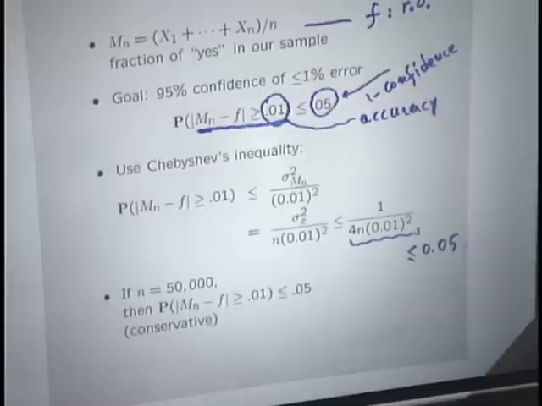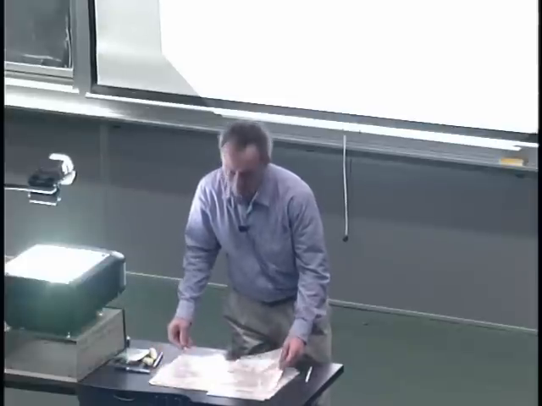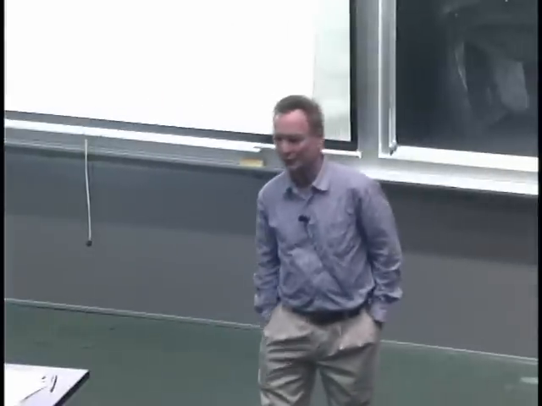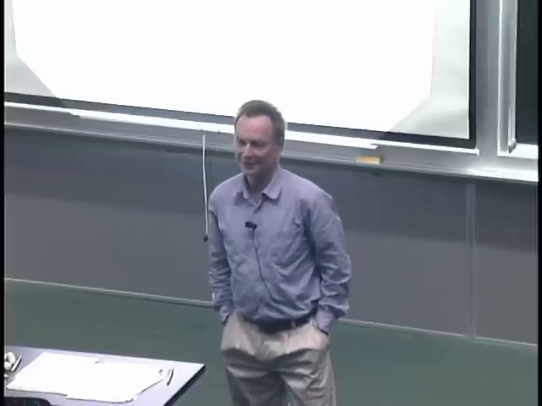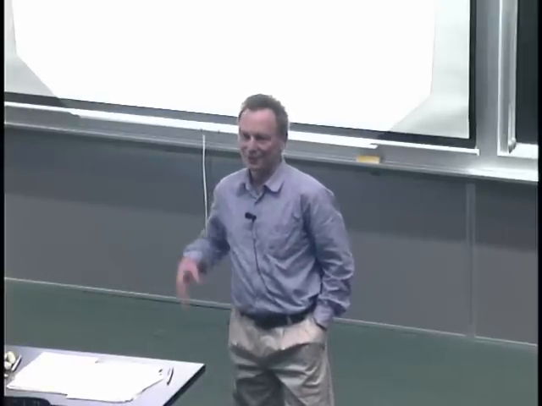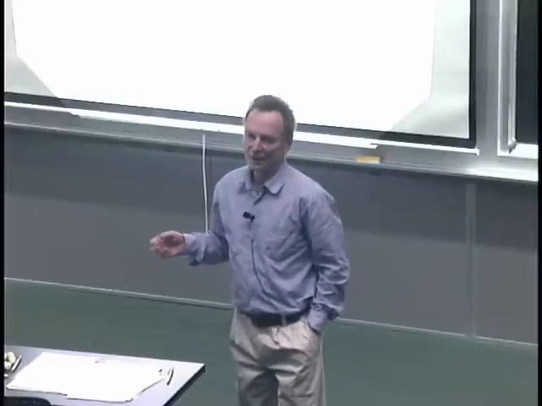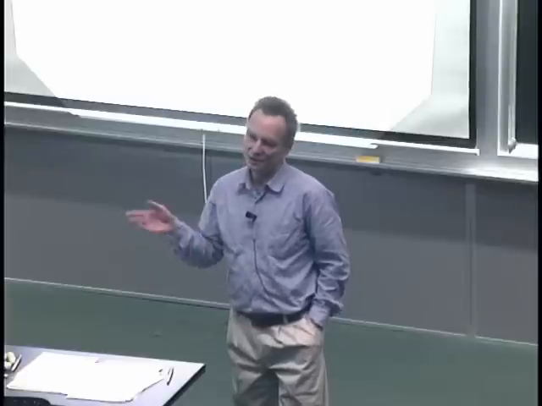Okay, now 50,000 is a bit of a large sample size, right? If you read anything in the newspapers where they say so much of the voters think this and that, this was determined on the basis of a sample of 1,200 likely voters or so. So the numbers that you will typically see in these news items about polling, they usually involve sample sizes of about 1,000 or so. You will never see a sample size of 50,000.